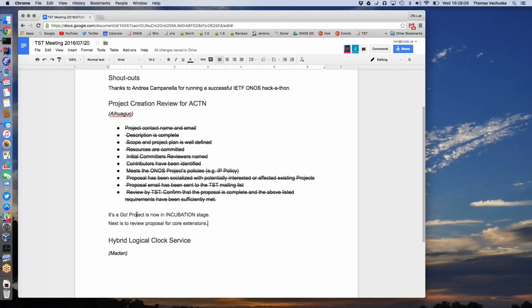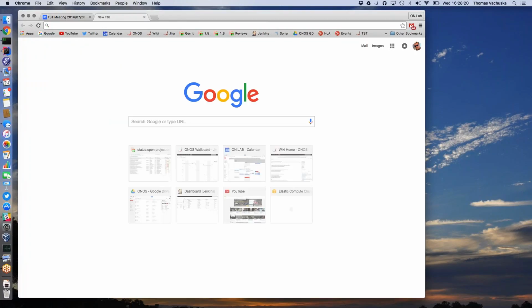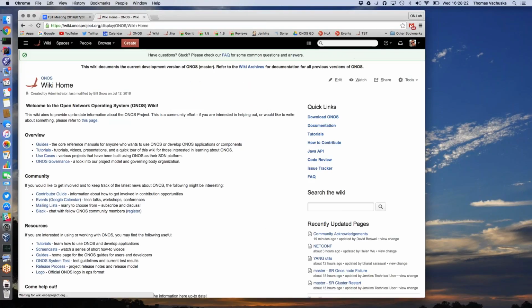Right. So we have actually designed a few scenarios and listed the pros and cons. Hopefully this can be finalized soon, and then we can continue with the focus on the development.